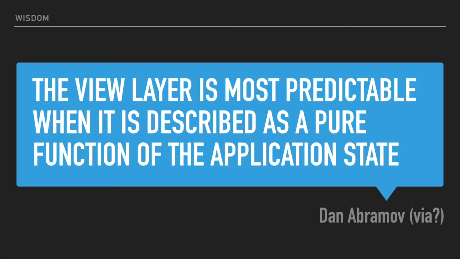He says the view layer is most predictable when it's described as a pure function of the application state. So this is what React brings to the table, or similar. If you can make your React view layer, and you can think about it in such a way that it's just a function, that you present the state to this view layer, and then it renders something to the user. So it doesn't have any side effects apart from what the user sees. So it's a function where you give it the state and then it shows the user something. And if you want to change what the user sees, you change the state and rerun this view layer function. So that makes it quite easy to think about. You change the state and then the view updates.